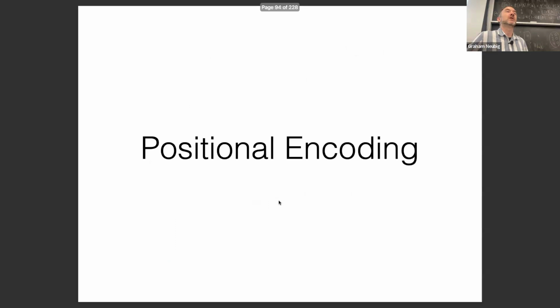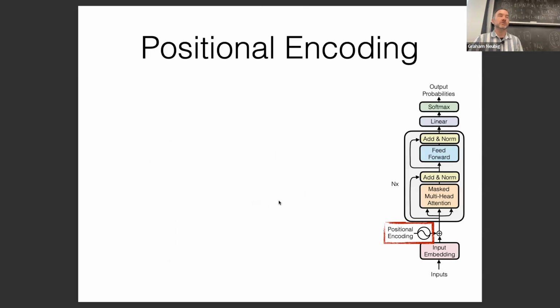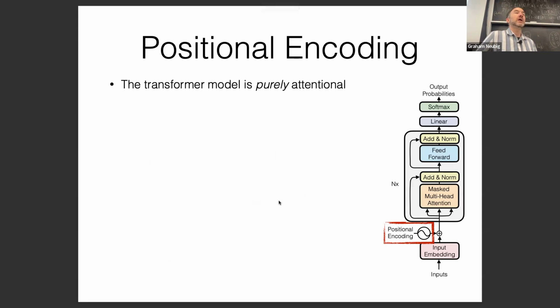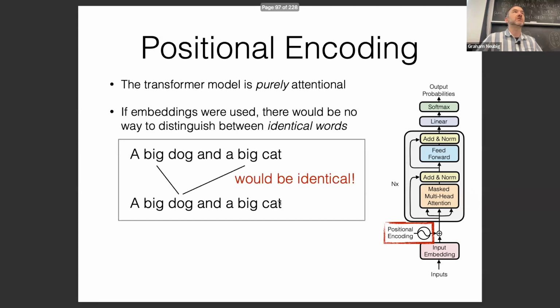Okay, cool. So next I'd like to go to positional encoding. And the important thing about the transformer model is that it's purely attentional. Because it's purely attentional, if only word embeddings or token embeddings were used, there would be no way to